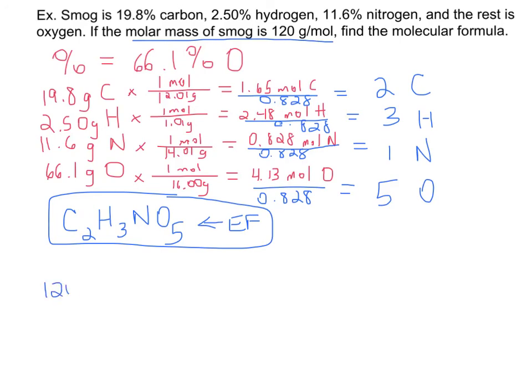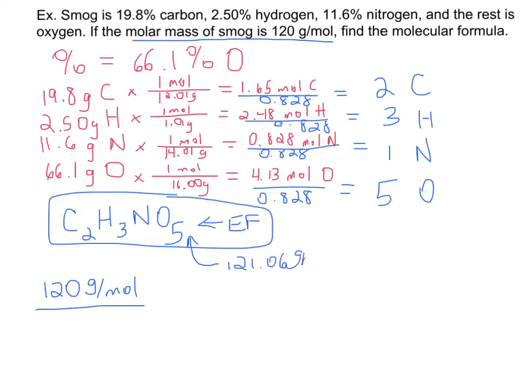So you'll take 120 grams per mole and divide it by the empirical molar mass. Again, you get the empirical molar mass from the empirical formula. So add up 2 carbons at 12.01 each, 3 hydrogens, 1 nitrogen, and 5 oxygens,